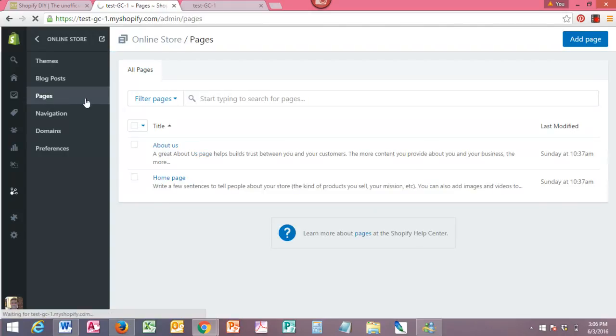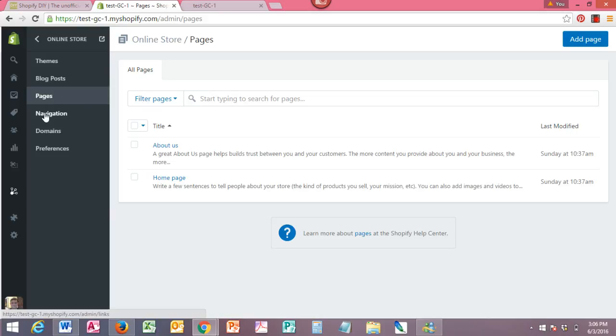This is other pages. They're not fixed content, but they're much more long-living content. So they're things like your contact us page, your about us page, your shipping and return policies, things that you want to be able to link to across your website, but that live for a reasonably long period of time. Unlike a blog post, which you would write every week, every 2 weeks, and the older blog post would fall to the